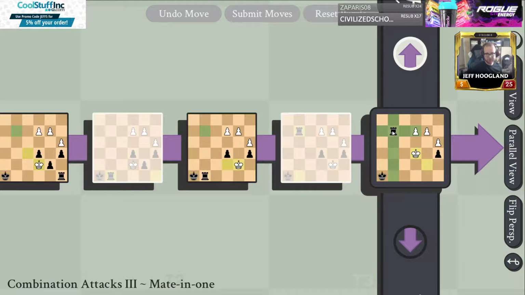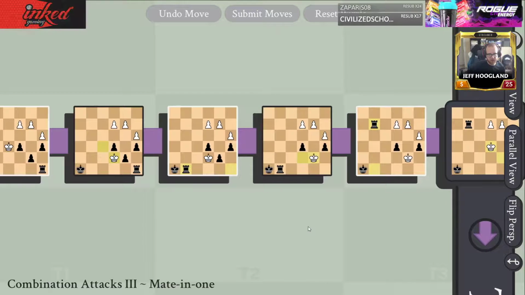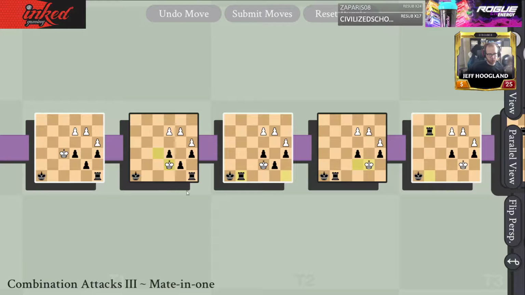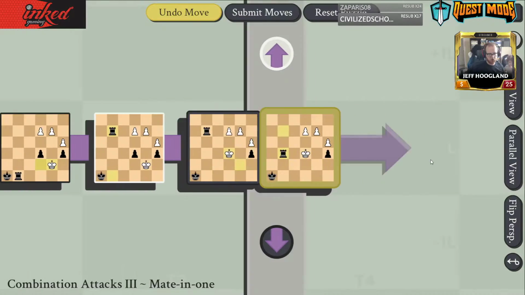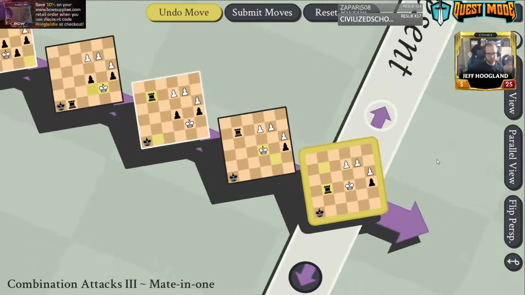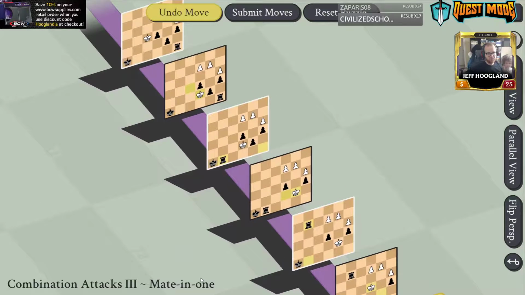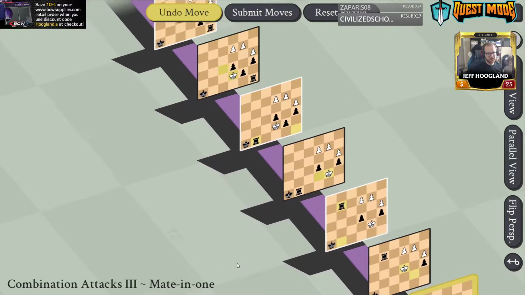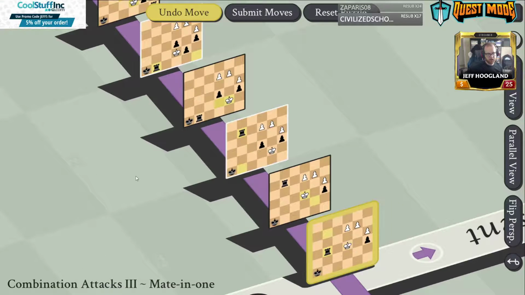What's going on, child? Okay, so their king is here. So if I take this and move it here, we check them. So if I take this and move it here, we check them back there. No, that's not accurate because this king is on the brown square and I'm on...